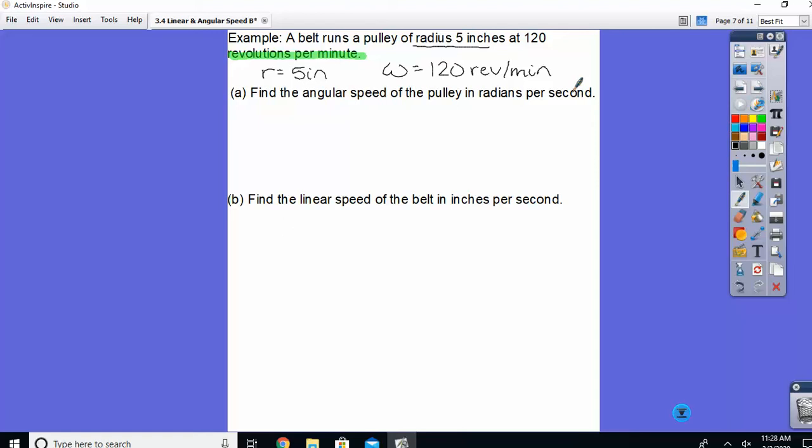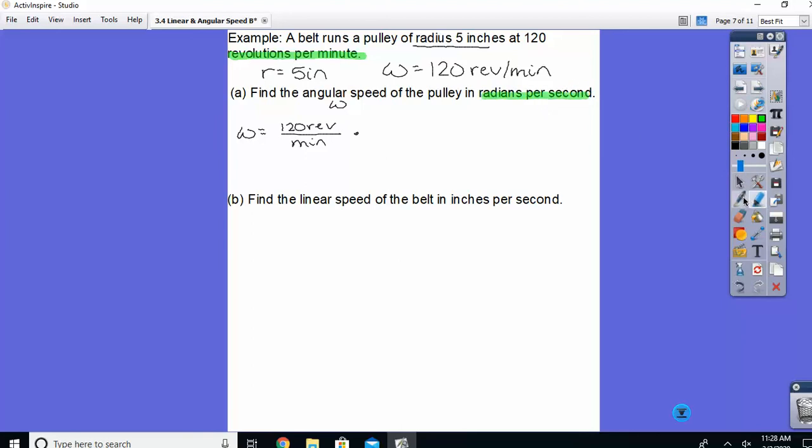Part A says find the angular speed. Angular speed is just your omega in radians per second. Just like theta has to be in radians for it to work, if we're going to use omega anywhere in our problem, it has to be in terms of radians. So this one, we're really just converting this. We know our omega is 120 revolutions per minute. I want to get